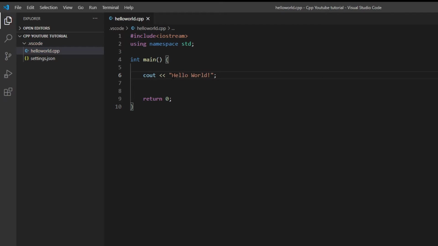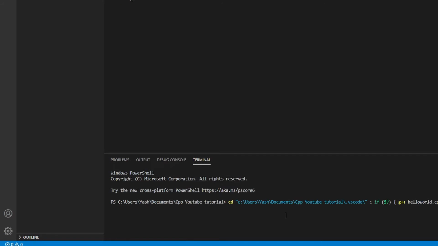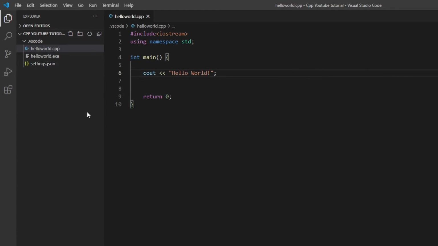Here you can see I have written hello world in double quotes. Whatever I write in the double quotes will get printed on the screen as it is. And you know that it is a statement, so it is terminated by a semicolon. You will get more familiar with these as we progress. First of all, let us see the output of this. I'm going to run it, and as I run it you can see hello world gets printed on the screen, right? And it also produces a hello world.exe file.